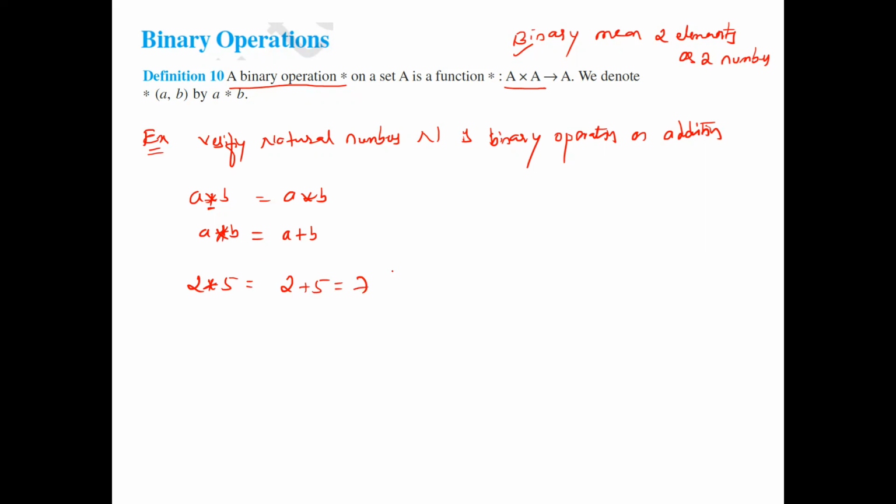7 is a binary, 7 belongs to natural number or not? Yes. So first element and second element and output answer, everything coming from the same set. Why? Because of the definition of the binary, A cross A, again A means each and everything coming from the set A. Now, the same, checking that verify natural numbers, n is binary operation